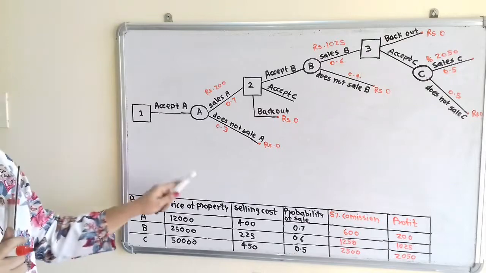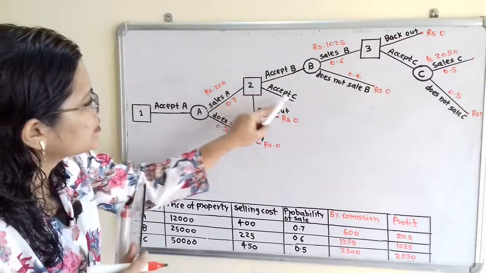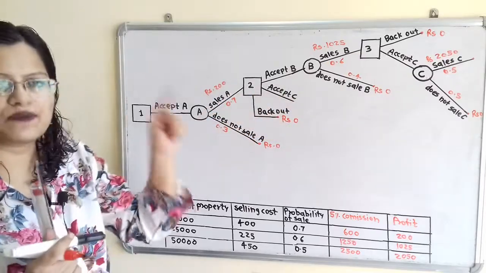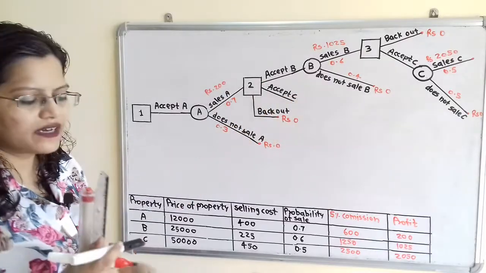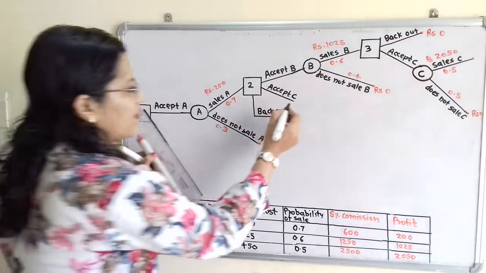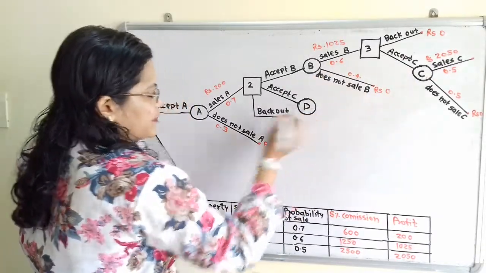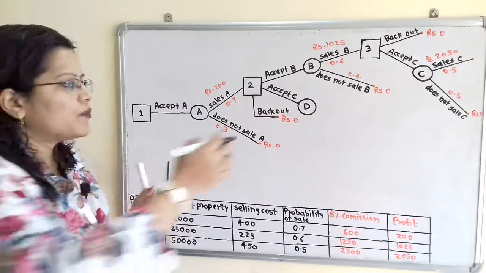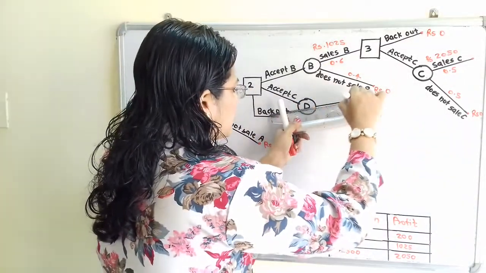Now we will move to the next sequence. After he accepts the offer B, there is the next sequence, that is he can accept the offer C first. When he accepts the offer C first, again there are two chances. So we have to show these chances with an event node. I will take the next letter, the letter D. For this there are two chances: he will sell the property C or he will not sell the property C. I will show this with two branches,